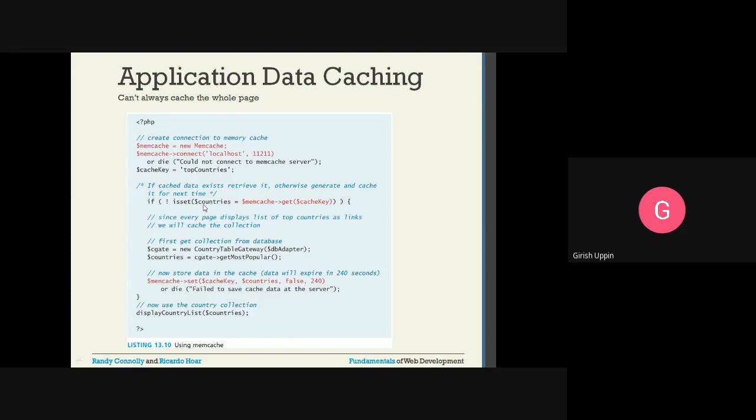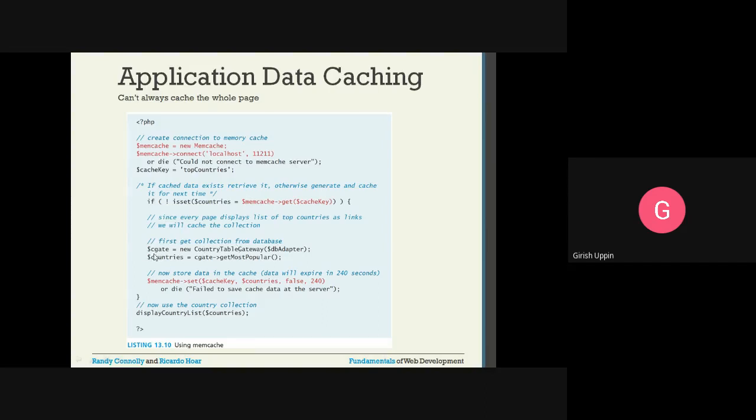Now we have $memcache, and we call the get method on this object: get $cacheKey. If this returns false, then the condition becomes true, which means the cache is not set, so we are going to set it.